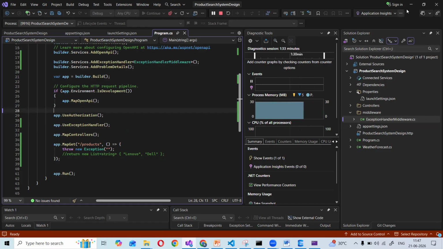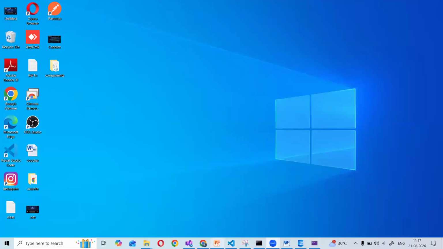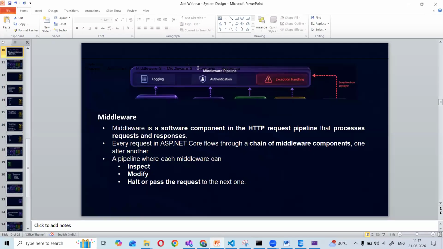But in general, can we say the exception handling middleware should be the very first in the pipeline? Yeah, because an exception can occur at any point of time. Correct. Yes.